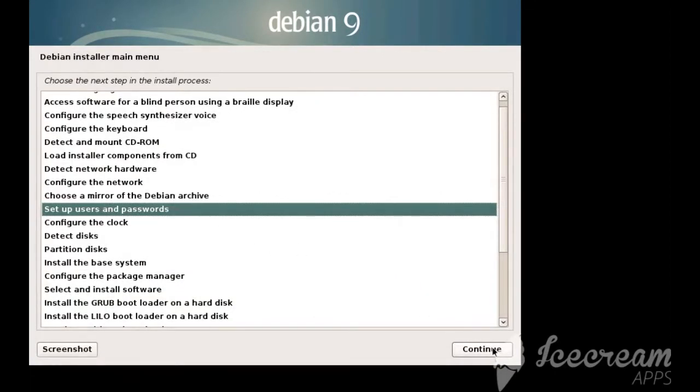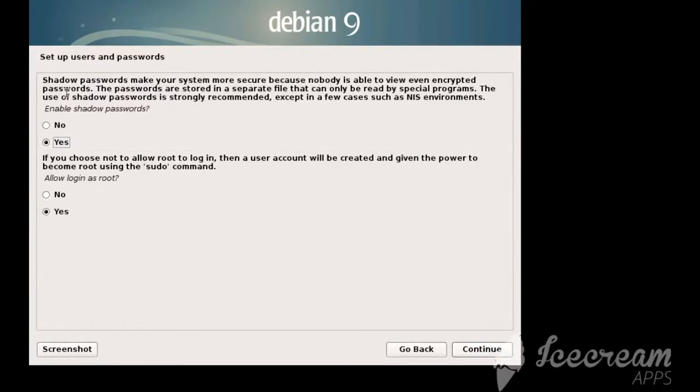We're gonna go set up users and passwords. So shadow passwords make your system more secure, blah blah blah. You can read all that. You may as well enable this, and then of course if you're in a NIS environment or have some special requirements. This is a